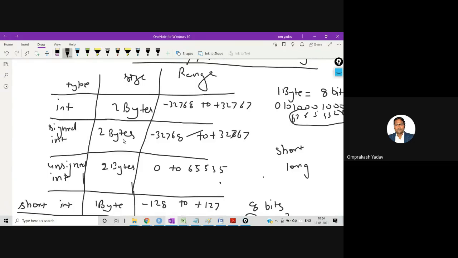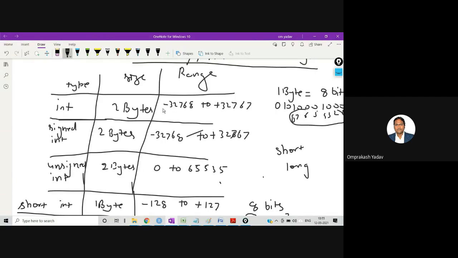So if it requires 2 bytes of memory, and it is a signed int, total 16 bits will be there, right? Because 1 byte is equal to 8 bits, so 2 bytes equal 16 bits. Out of that, 1 bit will be reserved for the sign purpose, so total will be having 15. So I did 2 raised to 15, and I got 32768.